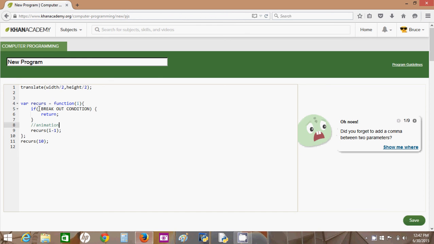So usually the breakout condition will have something to do with I. And you can see that right here I'm calling recurse with I minus 1. And right here I'm calling recurse with 10. So here it will go into this block of code and I will equal 10. So it'll do this breakout condition, I is 10, and I don't want it to break out. I don't want it to hit this return statement. I want it to do my animation or whatever. Maybe you're going to do some kind of math, like I've seen a factorial function defined recursively